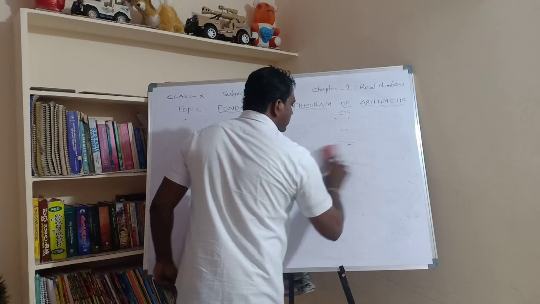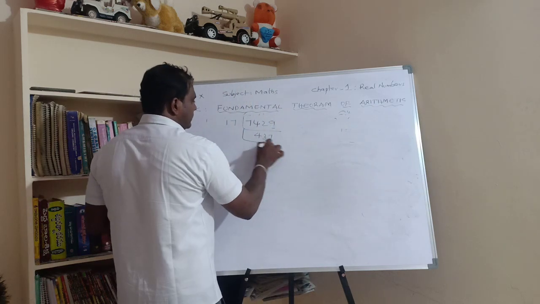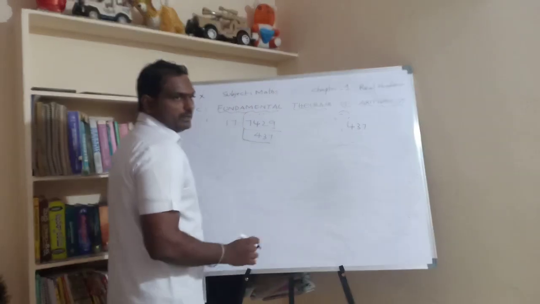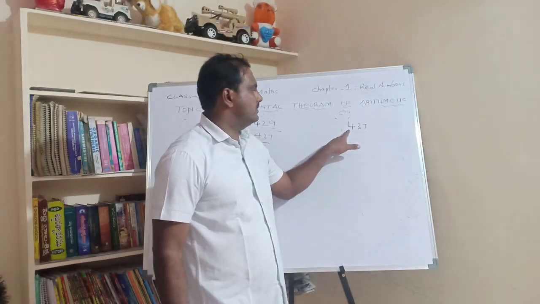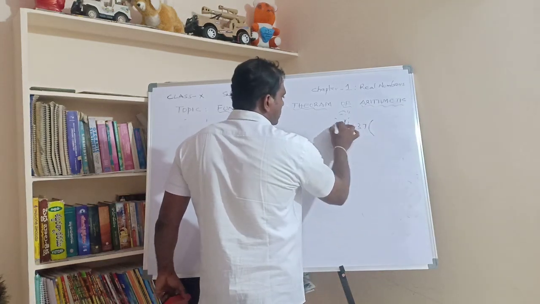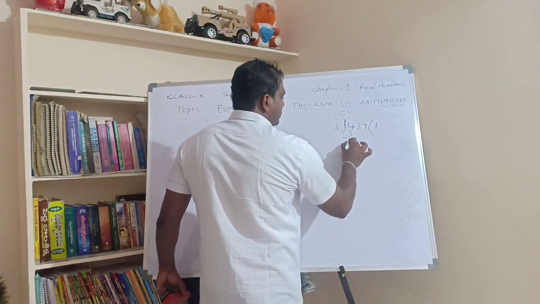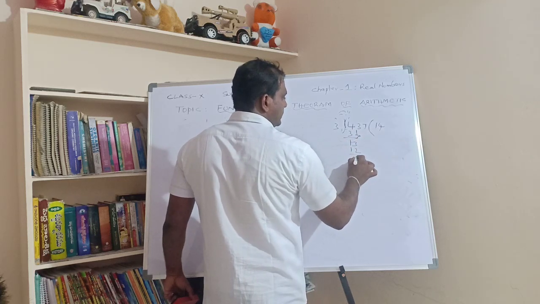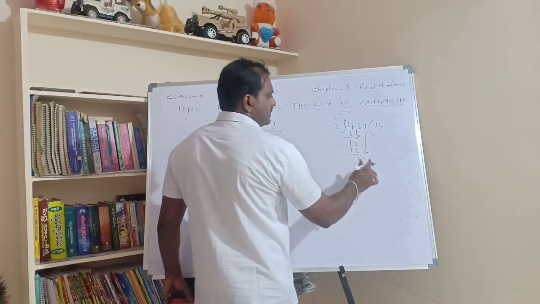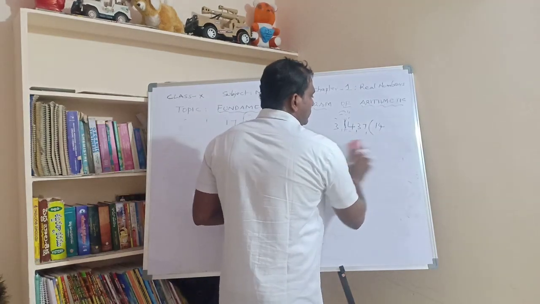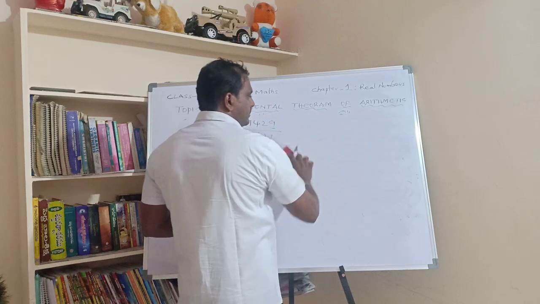So now we have to check 437. The same pattern we have to follow. First with 3 table. 3 1s are 3. Remainder is 13. 3 4s are 12. Remainder is 1. So it is 17. Not possible. Next we have to check 7 table. 5 table is not possible.